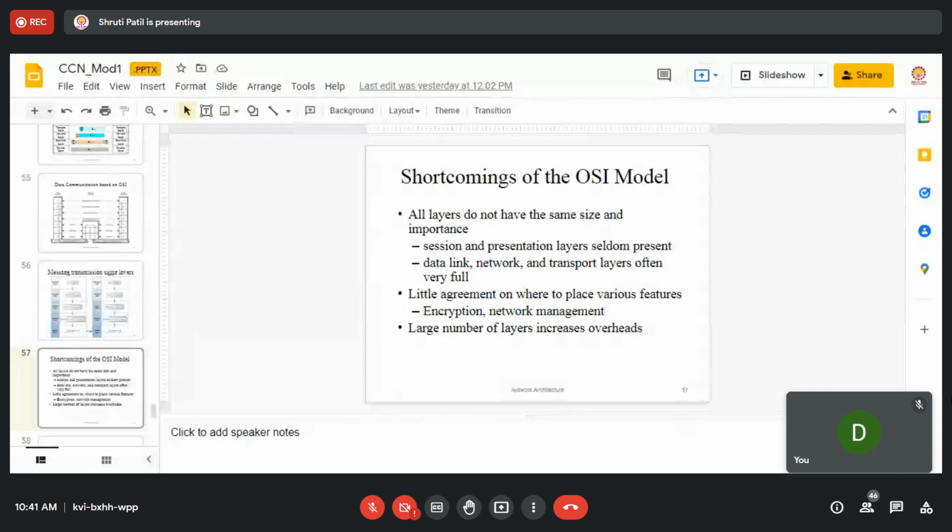If you increase the number of layers to reduce the functionality of the data link layer or the network layer, then the overheads will be increasing. That many headers and trailers will be added to the data, and you can imagine the size of the original data, and when it is transmitted, all these headers and trailers have to be transmitted. So you have to minimize the number of layers, and you have to reduce the complexity also.